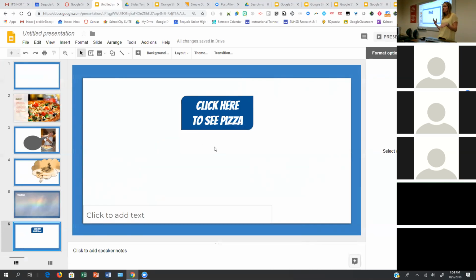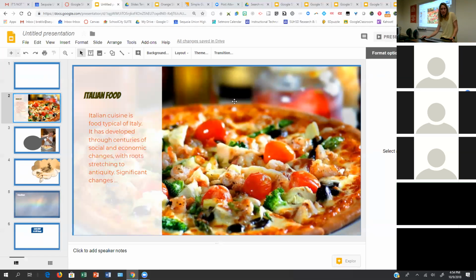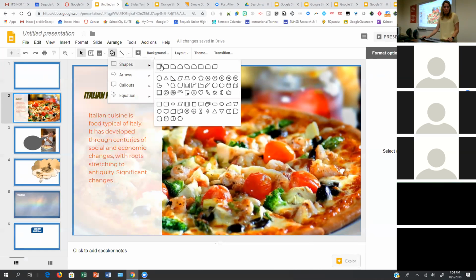or you can do this as maybe a choose your own adventure, right? Because you could add a link without really showing the shape, right? So you could say, click on the tomatoes to learn more about tomatoes. You could add little directions in there. We could change this text instead of talking about this. You could say, click on some of the different toppings to learn more about them and their nutritional value, or something like that. And then all you need to do is add in a shape.